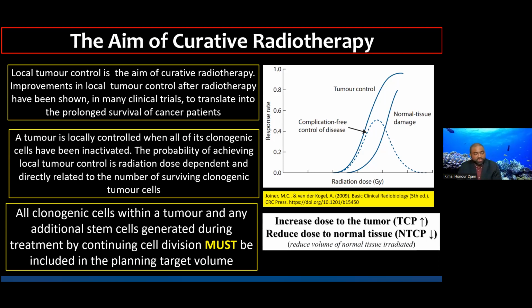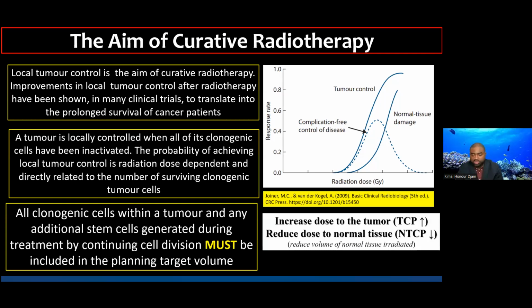Therefore, if you look at the therapeutic window, the main aim of radiation therapy is essentially to increase the dose to the tumor, in other words, increase the tumor control probability, as well as reduce the dose to normal tissue, in other words, decrease the normal tissue complication probabilities. And therefore, the amount of dose that can be given or escalated is essentially limited by the dose constraints of